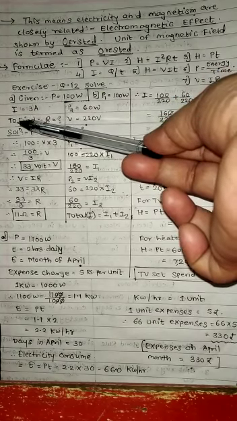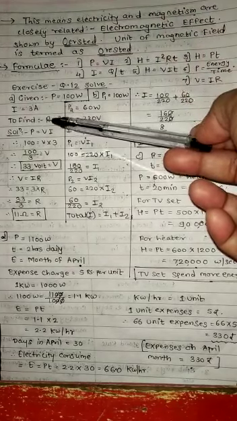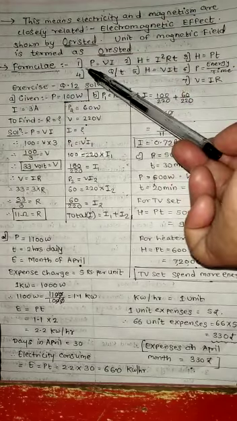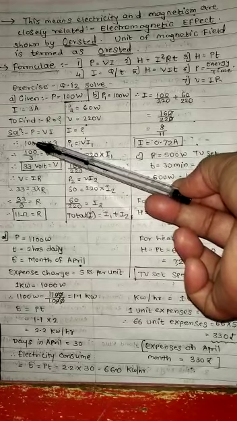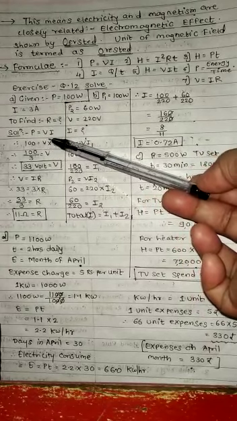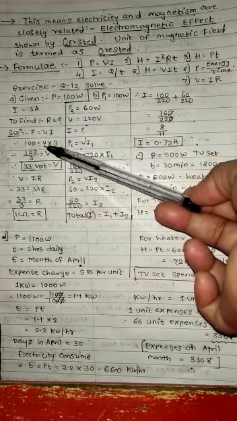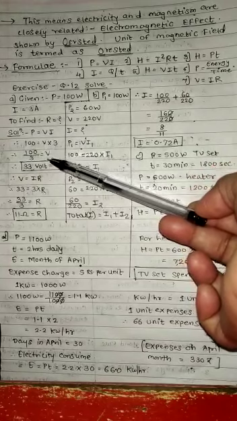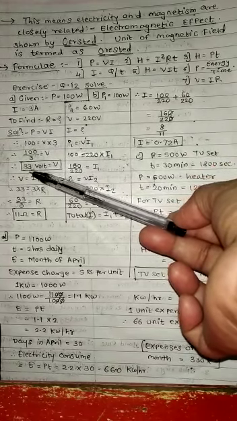Then you find out R, your resistance. So how do you find the resistance? For this you use the first formula, P is equal to VI. So this is your solution. P is equal to VI. P is your 100 watt. V you have to find out here, and I is 3 ampere. So V as it is, and dividing by 3, we get 33 volt.